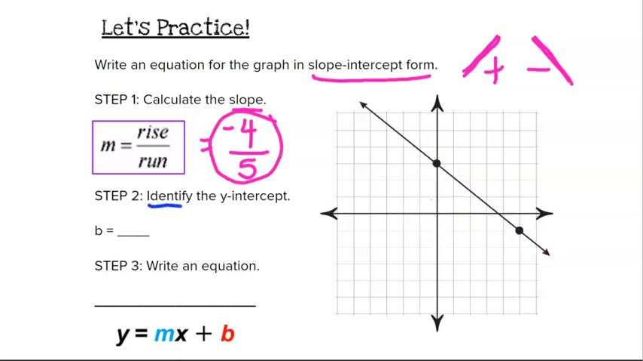Next, we are going to identify the y-intercept. So we're going to find the point where the line touches the y-axis. So the point that it's on the blue line is right here. So now this graph is different because it doesn't have numbers on it. So when this happens, we just have to count from the origin or the center of our graph. So the center is where the two axes cross, the x and y axis cross each other. And this point is known as the origin